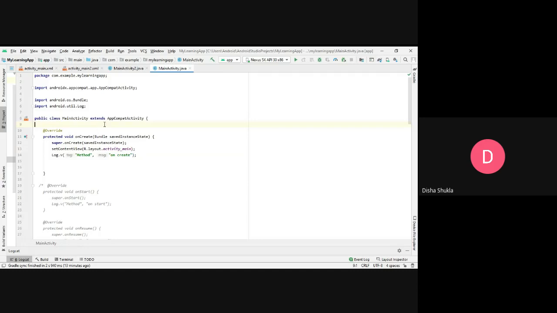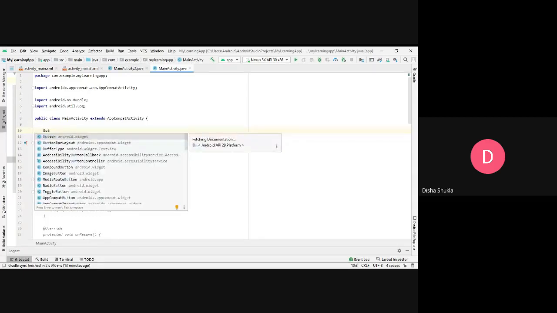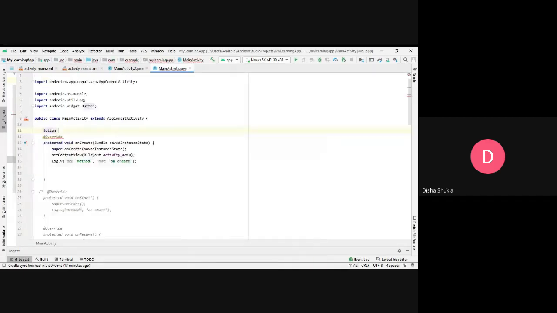So for that I have to create the object of this button. The button, the text view, all these things are classes that have been developed in Android. For making an object of a particular class, and here we have the button, I will be using the name of the class, that is Button, and the object name I will be using over here is again btn_submit. This is the way you create an object of a class in Java: the name of the class and the name of the object.